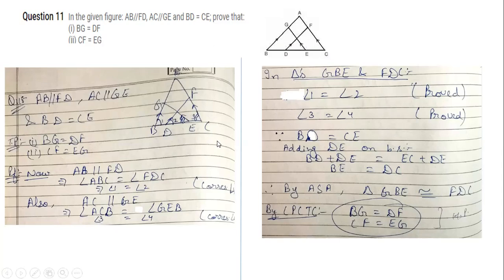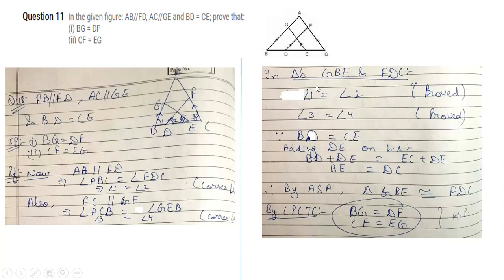Consider this one as angle number 3, this one as angle number 4. This is angle 3 is equal to angle 4, corresponding angles. See, beta, this is angle 1, this is angle 2, this is angle 4, this is angle 3. I have drawn the angles because this angle 1 is equal to angle 2, so I have used here only one line. I have showed this angle with only a single line, and these angles, angle 3 and angle 4, are equal. So I am using the same symbol here.